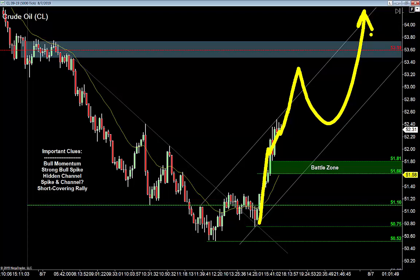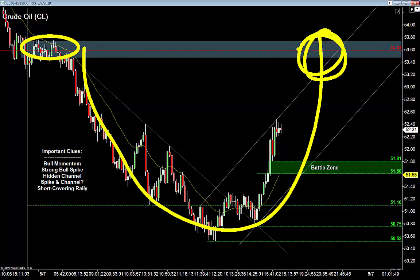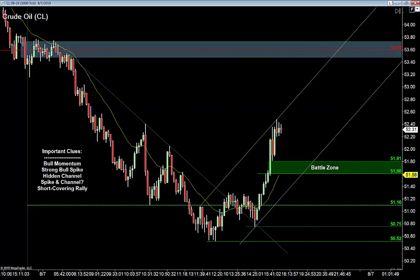So what I want to do right now is I know the day started off inside that range. I'm expecting there's a big old bullseye right back up at that same spot here. I'm expecting that 59 to be a big, big target for those sellers. I'm also anticipating that this market may start to rally higher in the overnight, because this big strong spike up, when the market opens up again in Asia,